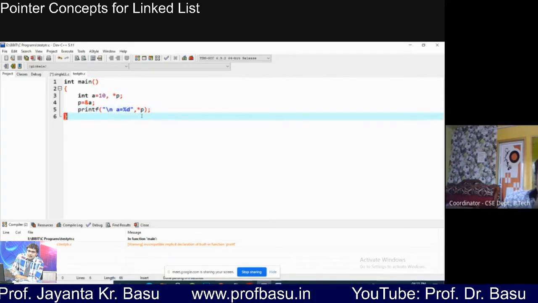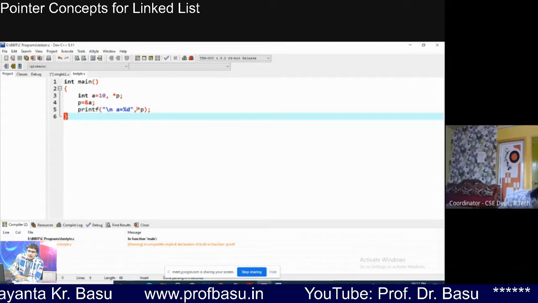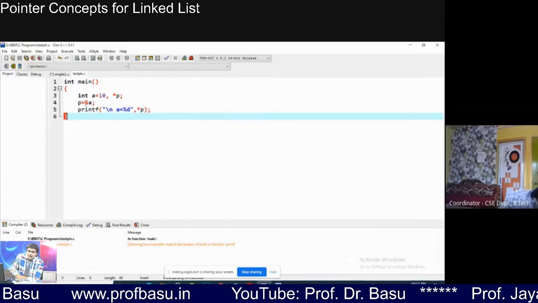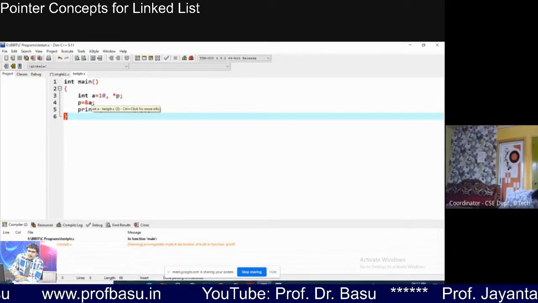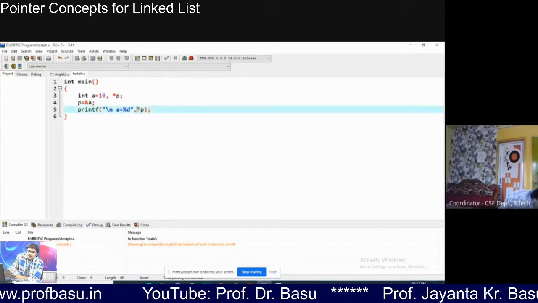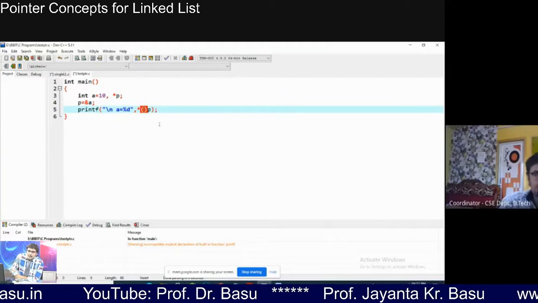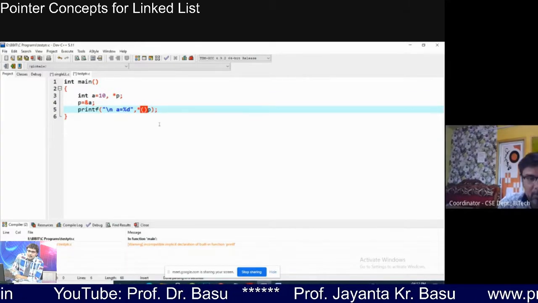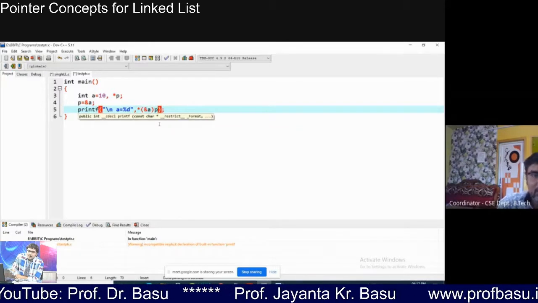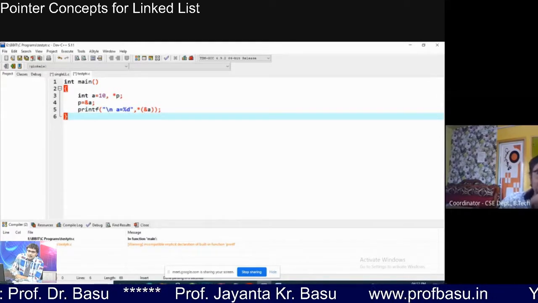So Manisha, you will use star with the pointer variable. p is the address of a. If you write this one or that one, it will be the same. p is what value, it points to ampersand a. You just replace this one with ampersand a. Same thing, I have replaced p with ampersand a. Same thing you will get.